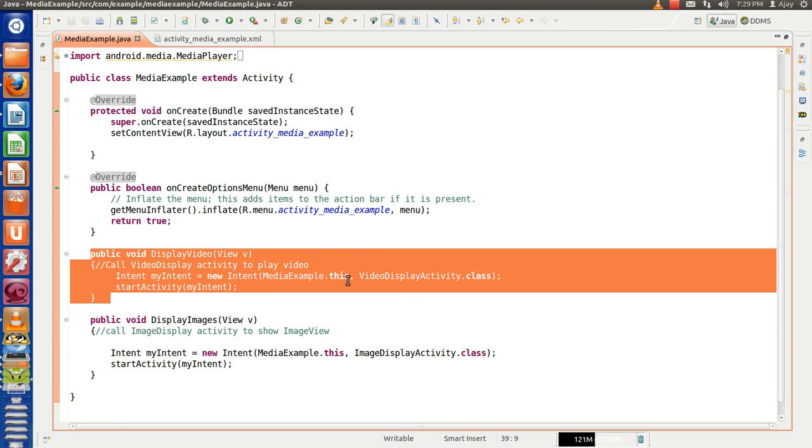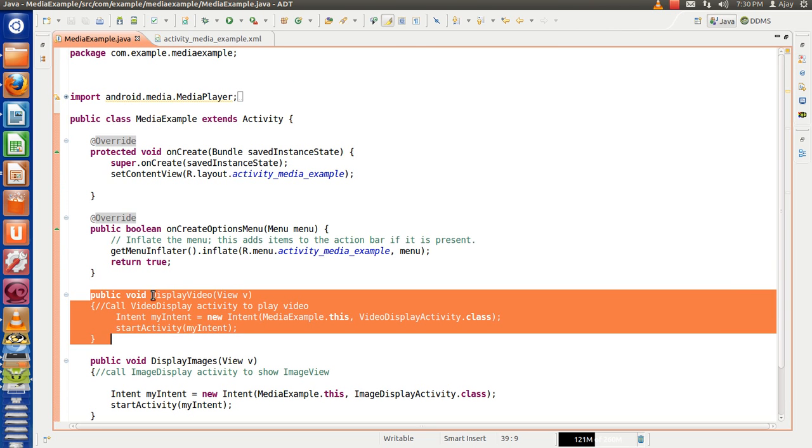But one drawback is if you want to call a method of some different activity, that's not possible. For the corresponding layout, it will just search in the corresponding activity only, not in any other activity. So the method has to be in that corresponding activity only.